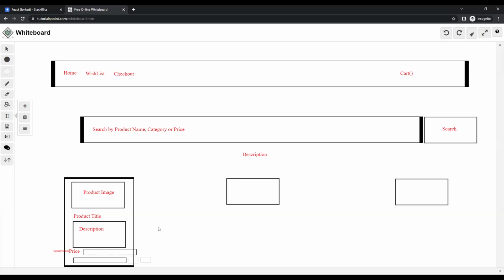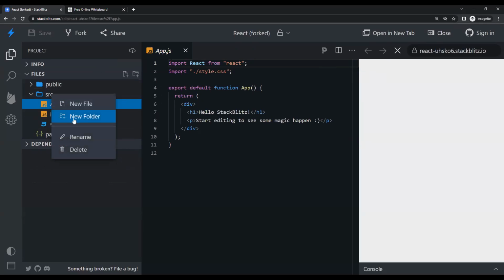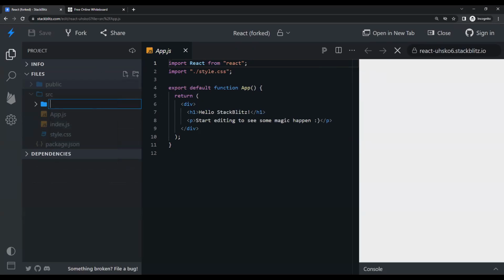So those things are there. What we require is to create a card, create a nav bar, create a search bar, and a button which should be larger in size, and that's all. So let's start one by one. The first thing that we are going to do is, can we drag this down? Not able to do that. Okay, anyways. We're going to create a new folder